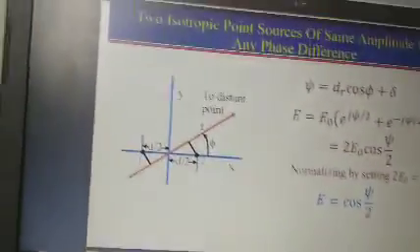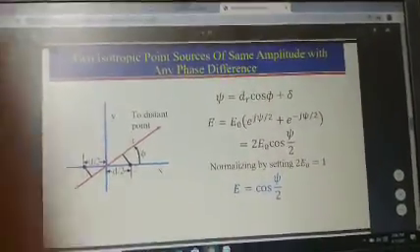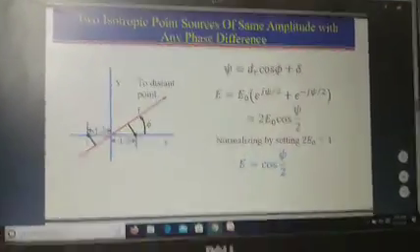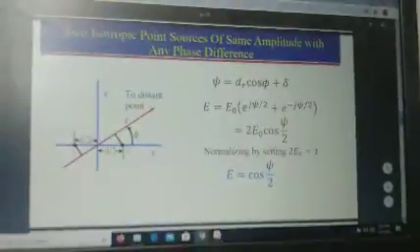Then the another case is that of two isotropic point sources of the same amplitude with any phase difference. Meaning in the previous case there is a respective